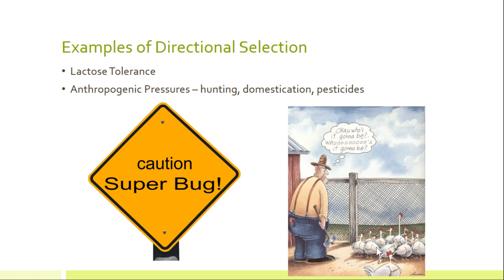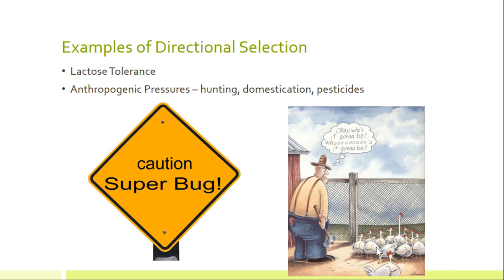Now, we also directionally select for other species, right? And we'll be talking about pressures that we place on other species in the environment. But just an example is when you think about hunting, we like to hunt deer that have big antlers, right? And so if you hunt those deer before they have the opportunity to breed several times, then you may end up with a population that ends up with smaller and smaller antlers, right? Domestication, we're selecting for certain traits, right? Maybe higher meat content, fat, more kernels, whatever, right?